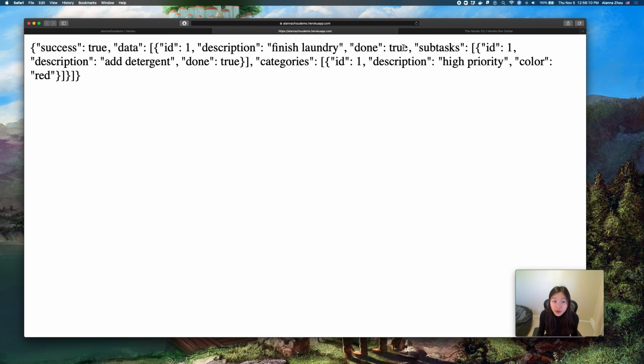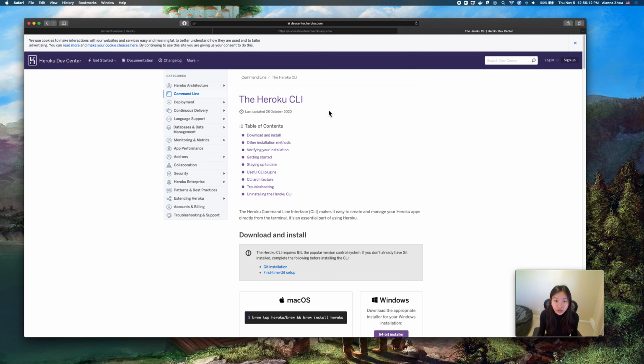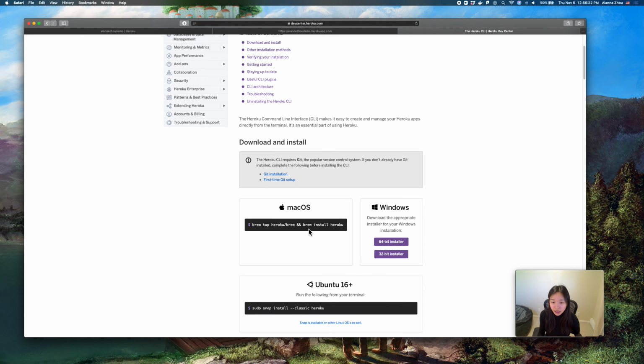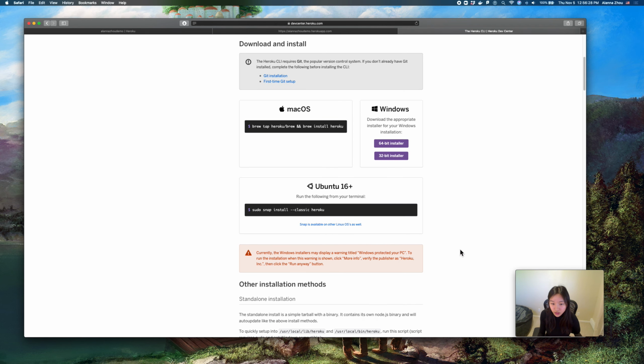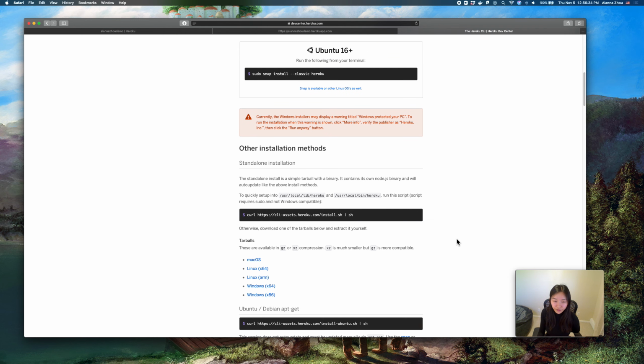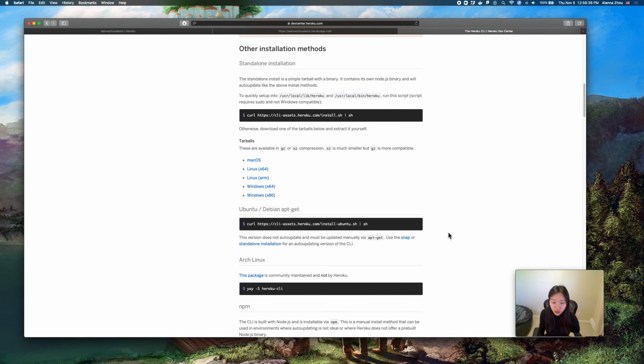So another thing you guys need to do is go to the Heroku CLI Center. I will link all of the necessary links you need, so don't worry about getting this link down, but you need to install the Heroku CLI. So this is for Mac. If you have Brew already, I think all Mac users have Brew, you can just run this command, and for Windows, you can install this. You don't need a VM for this, so this is great for those who suffered during PA5 with Docker,